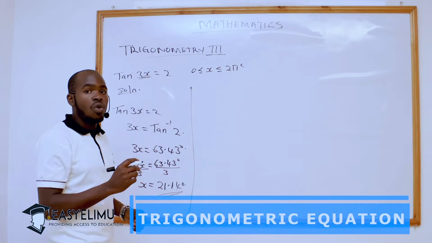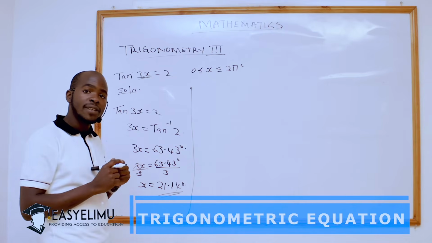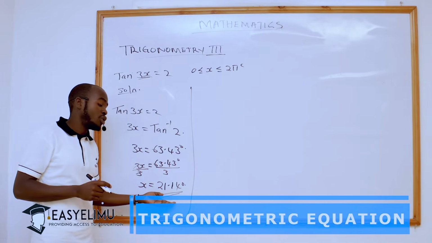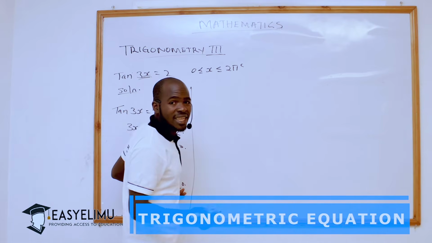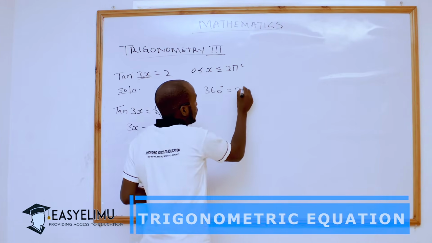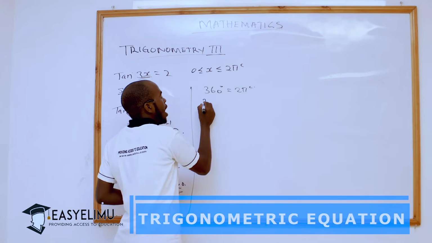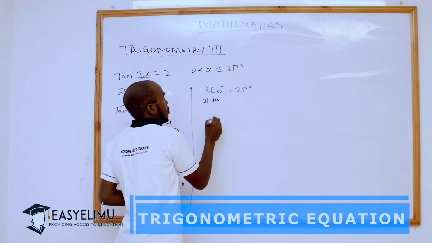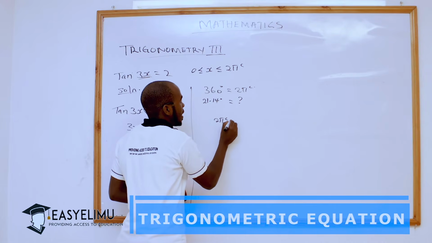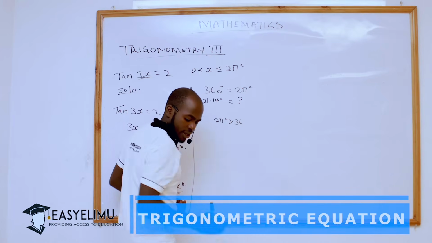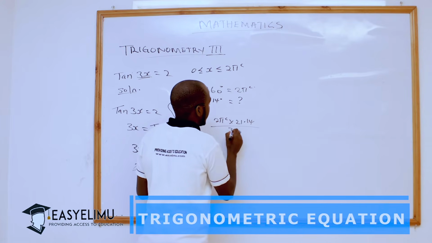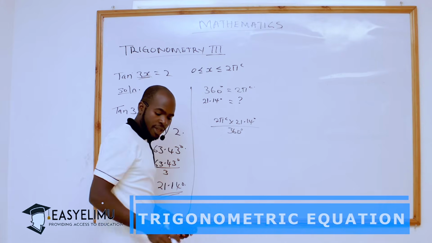But we said this way. We can either use 1 pi radian is equal to 180 degrees, or we can also say that 2 pi radians equals 360 degrees. So here we have an angle of 21.14 degrees. So what does it represent in radians? We shall equate the equations, that is 360 degrees is equal to 2 pi radians. What about our angle, which is 21.14 degrees? What does it represent? So you will find it will be 2 pi radians multiplied by 21.14 divided by 360 degrees. You find out that on division,